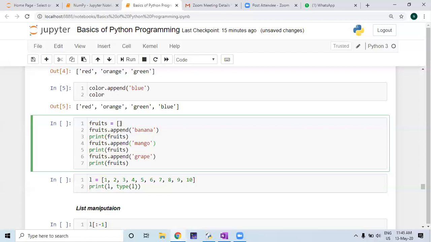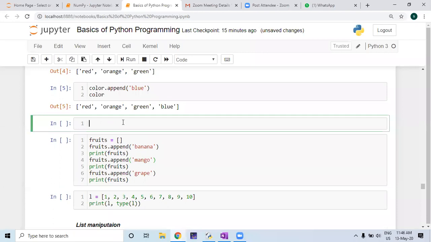Now I want to put the first element as banana. So I write fruits dot append banana, and I want to see what exactly has taken place. Or I can give a live demonstration also. Say for example fruits. I create an empty list and I want to add some fruits in it.